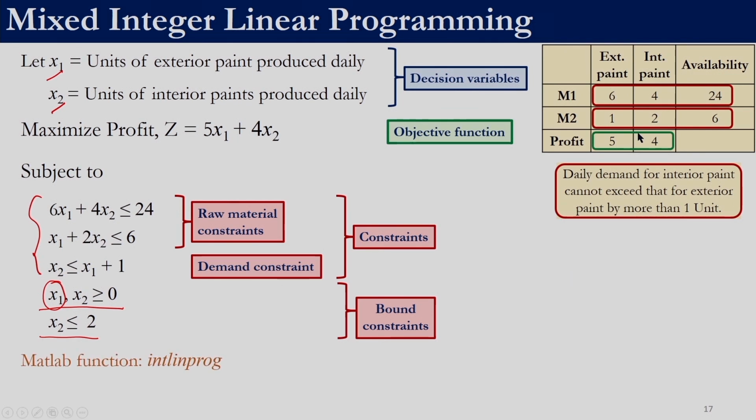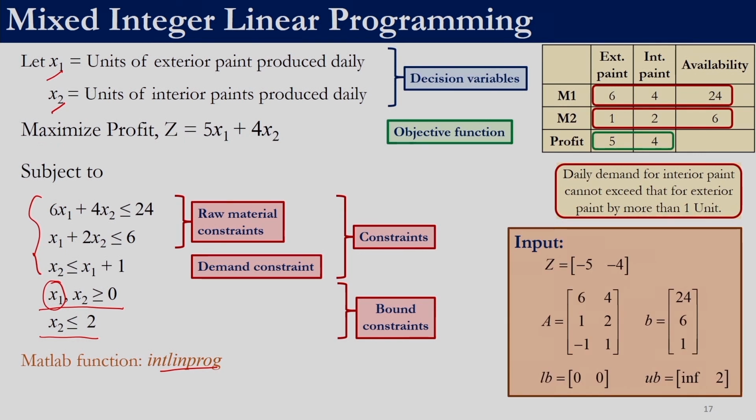So the MATLAB function which we are going to use here is intlinprog. Similar to linprog, we need to put the problem in the appropriate format. This is a maximization problem, and intlinprog, similar to linprog, solves only minimization problems. So we need to multiply this objective function by a negative sign, and we need to only supply the coefficients. So the coefficients are -5, -4. When we write the coefficients in this order, we have decided that our x vector will be x1, x2. That's when z'x will give us -5x1 - 4x2.